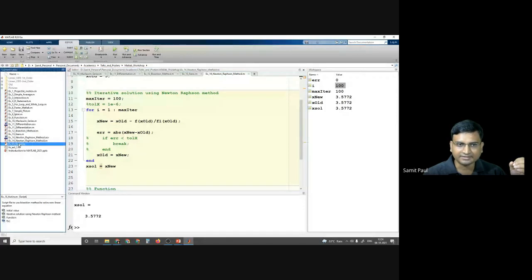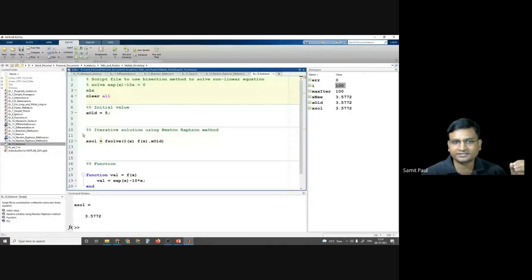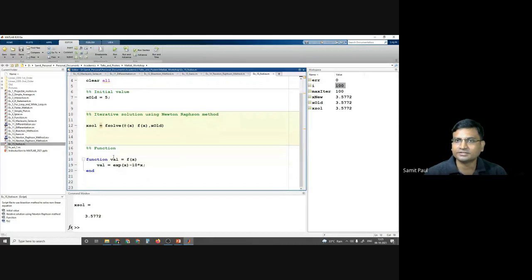And next, instead of this direct, hard-coded Newton-Raphson method, we can use fsolve, similar to the earlier function, f0. What is the only difference?